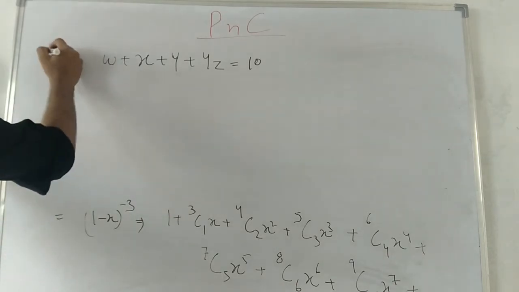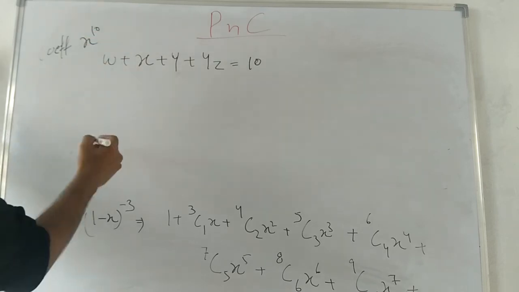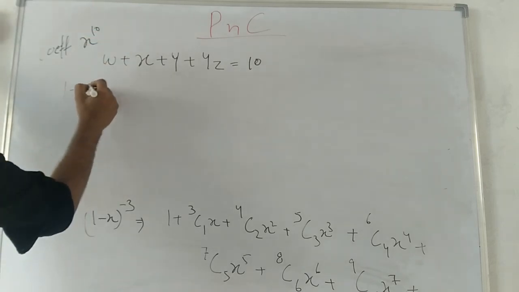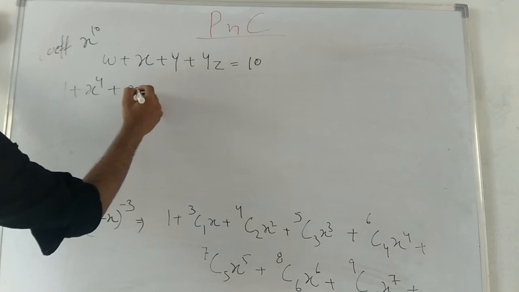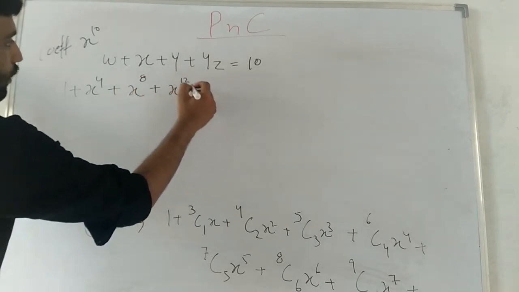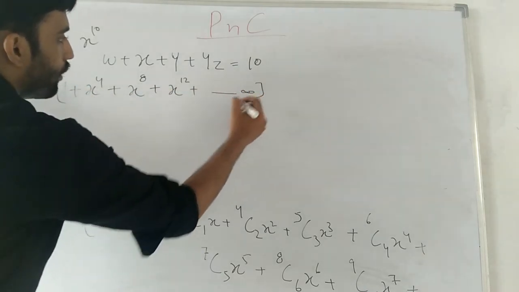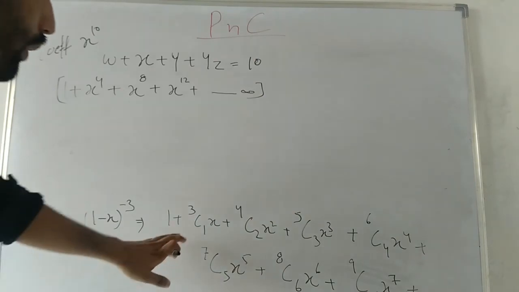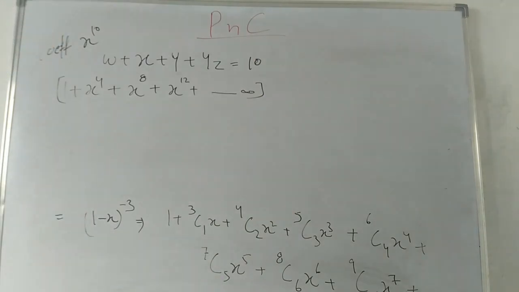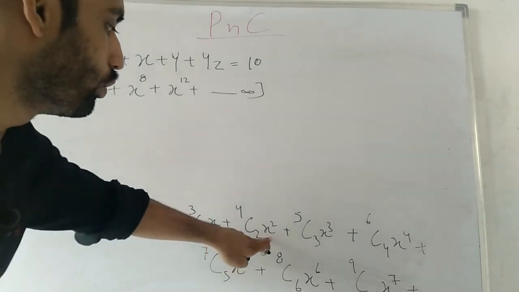We need the coefficient of x to power 10, and we have the earlier GP 1 plus x to power 4 plus x to power 8 plus x to power 12 up to infinity, and we have these terms in multiplication, and we need x to power 10. So we can get x to power 10 by x to power 8 multiplying with x to power 2,